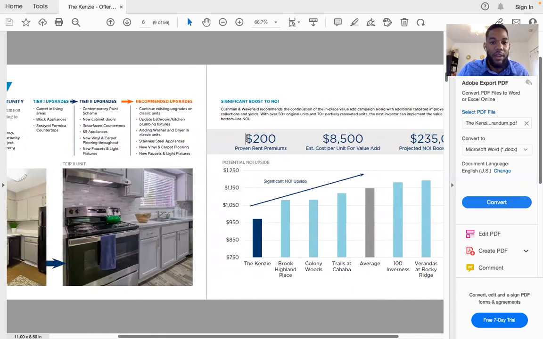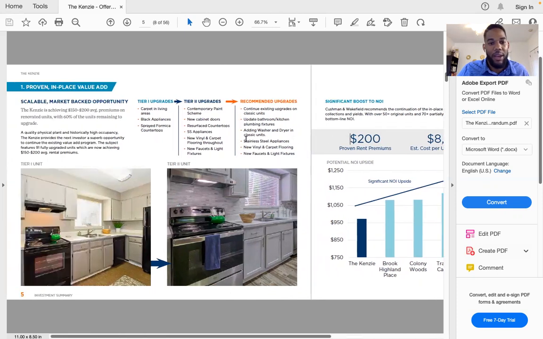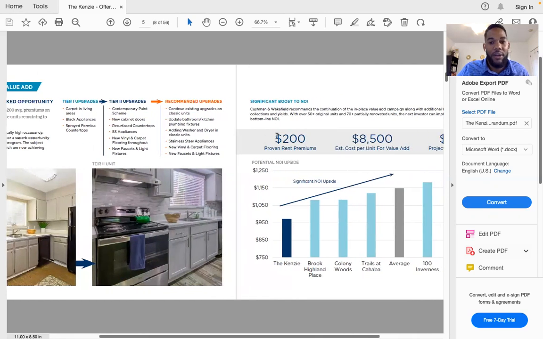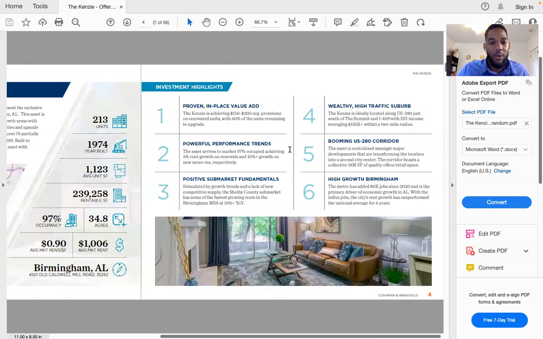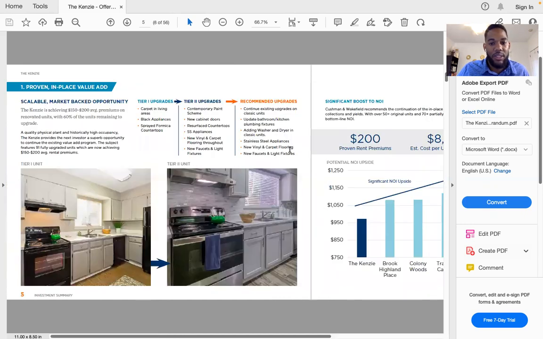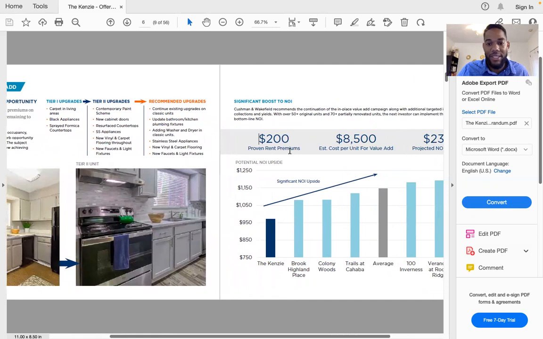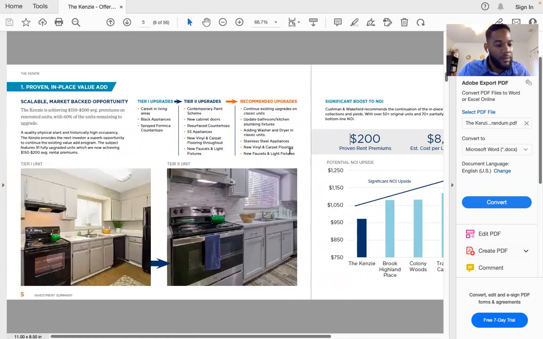You could probably reach out to them and say, hey, I'm looking at this deal. What do you think about these assumptions? Because they're not really affiliated, they may just give you the honest truth on what they think it can do, right? But Charles would always tell you, we want to use our own numbers in most cases with these OMs. We don't want to just take that 10% rent growth and assume that, because we may be in some trouble down the line if that's not sustainable.